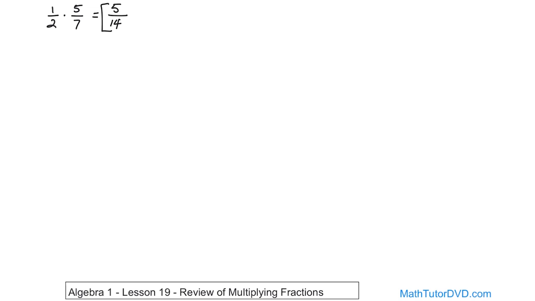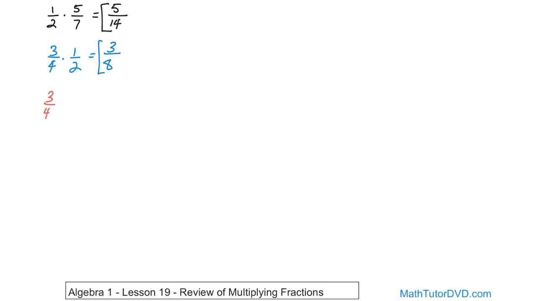All right, what if you had 3/4 times 1/2? Well, you multiply the tops. 3 times 1 is 3, so that's going to be on the top. And then you multiply the bottom. 4 times 2 is 8. And you ask yourself, is that simplified? And it is, so you're done. It's very, very simple. What if you had